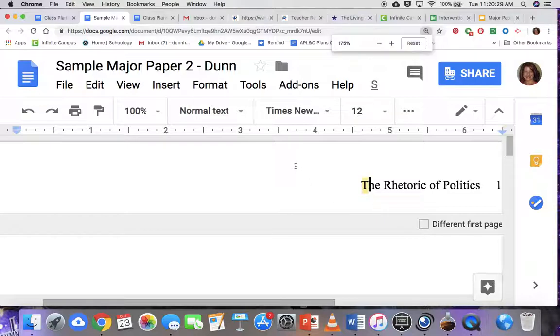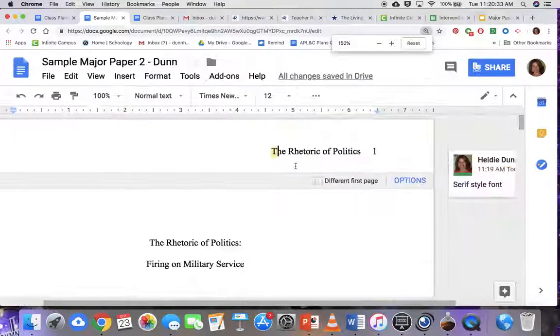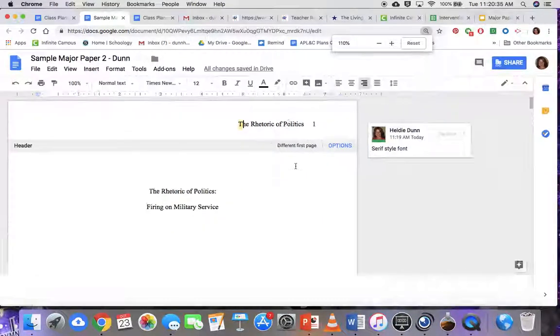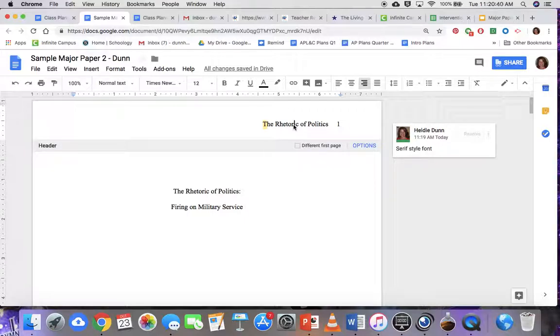APA believes, whether it's true or not, that serifs are easier to read. Since when you are reading a lot of papers, like you're studying something in a class or whatever, you want to look at different studies, you're going to be reading a lot, so they want you to have a serif font. So I always say use Times New Roman no matter whatever you're writing, because it works for all the different formats, and there's like 8 or 9 different research formats,